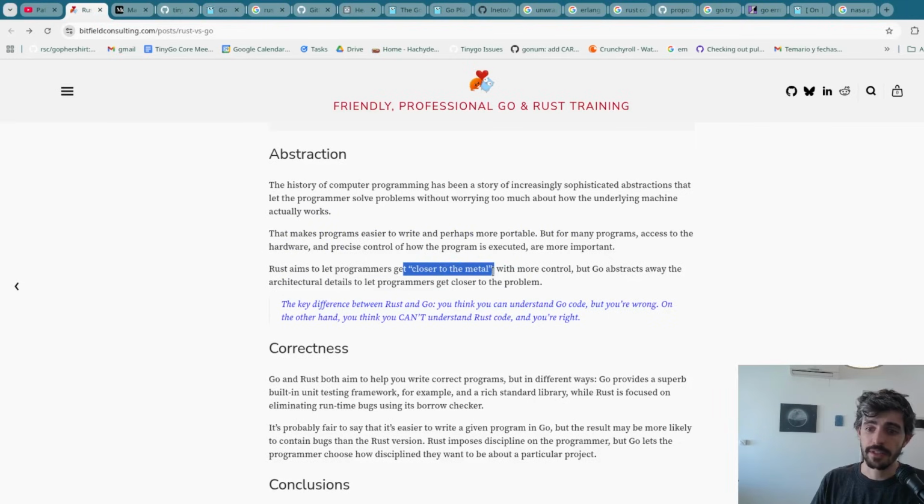So yeah, you can be close to the metal in Go, you can be close to the metal in Rust, and you can also choose to not be close to the metal in Rust, just as you can be close to the metal in Go. I feel like that's a design decision. You can not use the garbage collector, you can use it. It's a programmer's choice, honestly. There's nothing limiting you from getting close to the metal in Go.